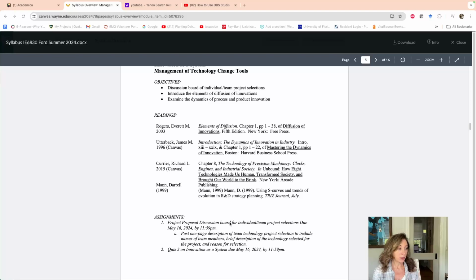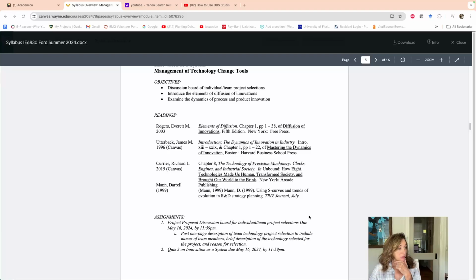So the point of this is to ensure that these projects are manageable and that you're looking at technology change, because I don't want anyone to have to start over. So again, not long. It's going to be individual to each group.